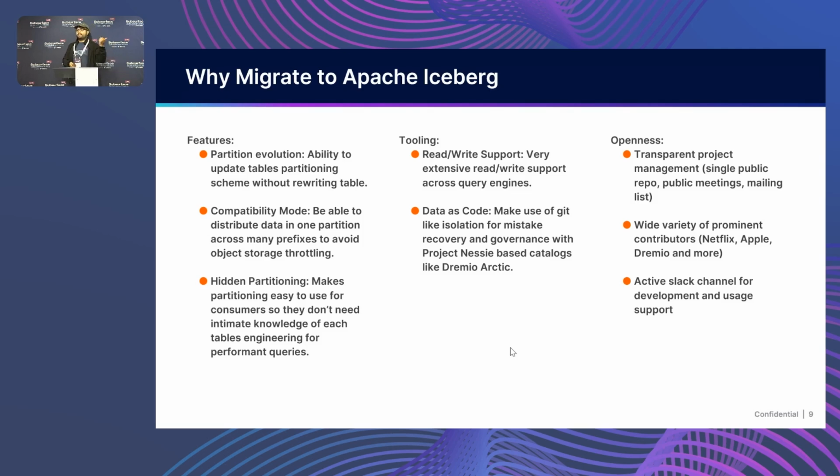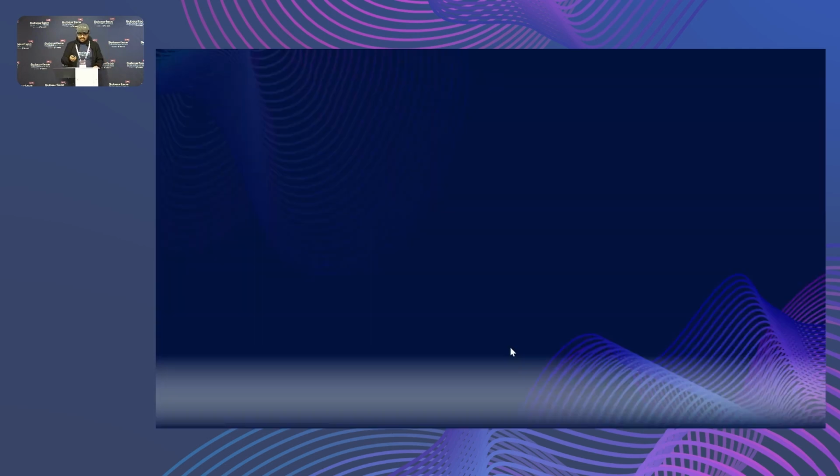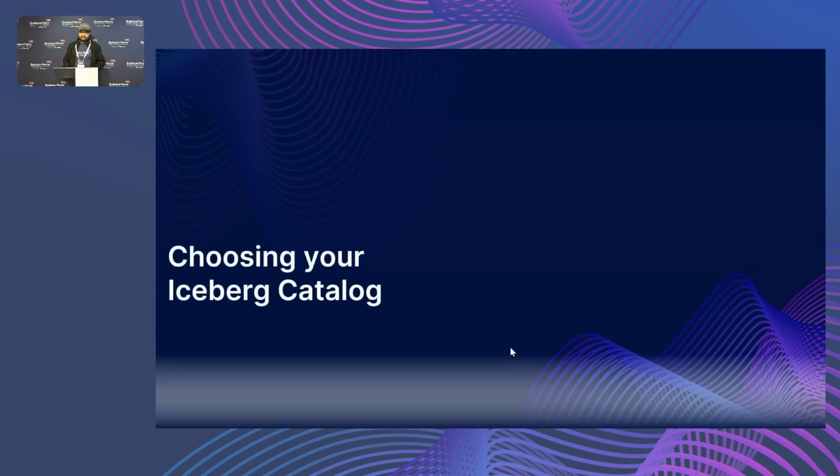So basically, you have the features, you have the tooling, you have the openness. These are all reasons why, in particular, you would want to migrate to Apache Iceberg. So now that we know what Apache Iceberg is and why we'd want to migrate to Apache Iceberg, let's talk about how. Okay. So the first step in your migration journey is choosing an Iceberg catalog,